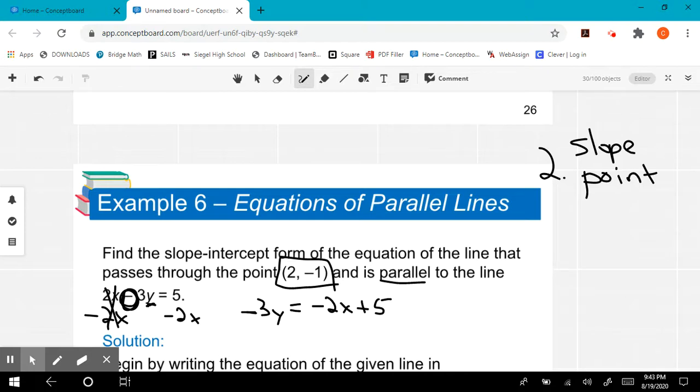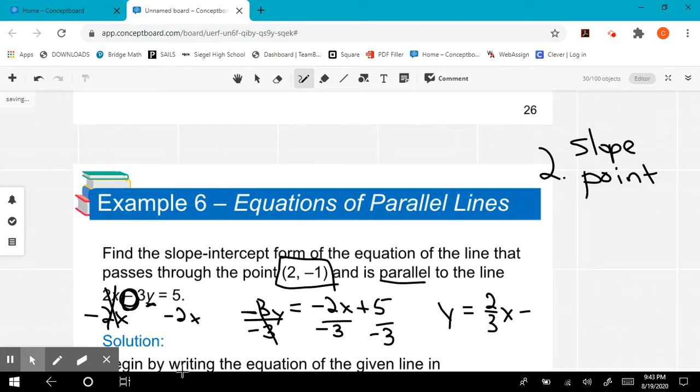That happens a lot. But now, to finish getting y by itself, we just need to divide everything by -3. So I'm going to divide each term by -3 so that I have y equals -2 over -3, which is 2/3